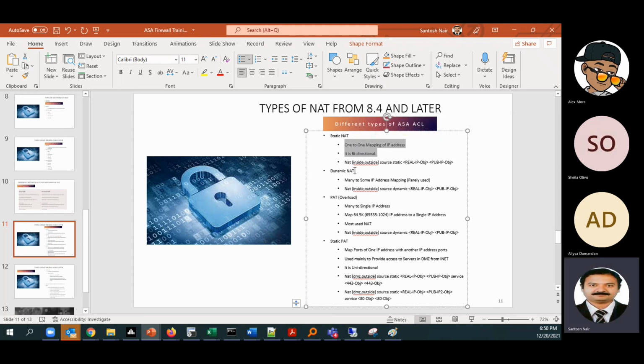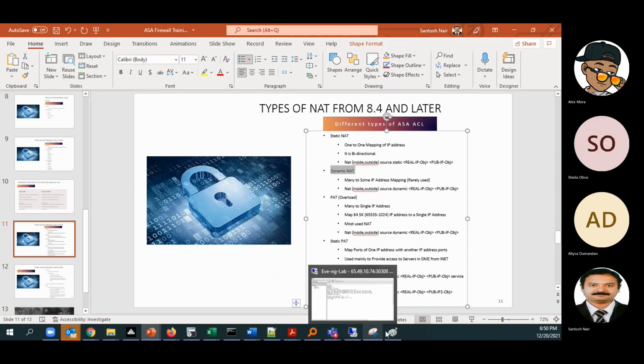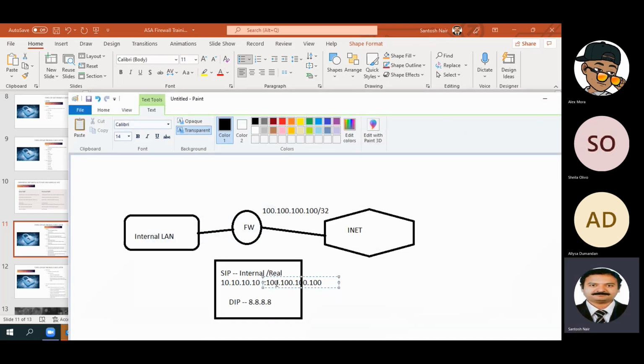Dynamic NAT is the same thing as static NAT, but what will happen is we will have a pool of IP addresses, like we have 10 public IP addresses. Once an IP address comes, like 1, let me take a pen, 1 will come, it will get NATed to 100.1. 2 will come, it will get NATed to 100.2.